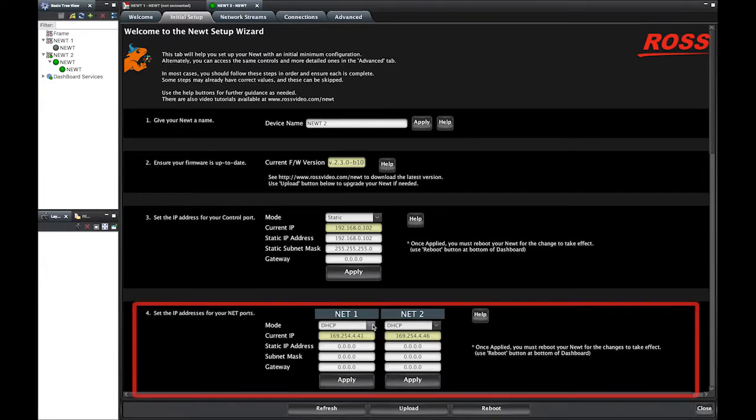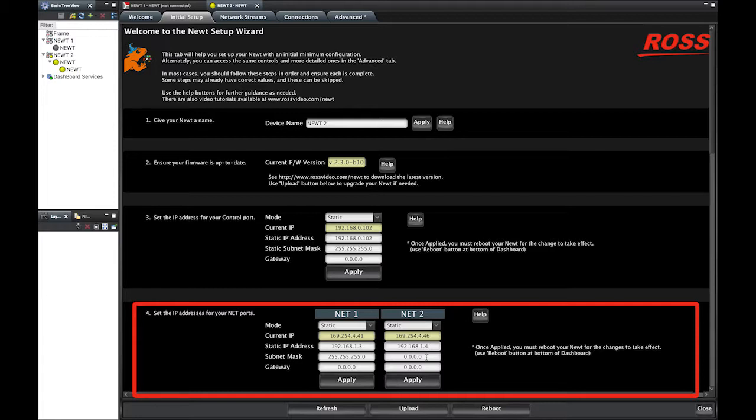Now you will set up the IP addresses for your net ports. Again, make sure the mode is set to static and not DHCP. Use the same subnet as the subnet of the net ports from Newt 1, 192.168.1. Each of the 4 net ports, the 2 from Newt 1 and the 2 from Newt 2, must have a different IP address so that they are distinguishable from each other.